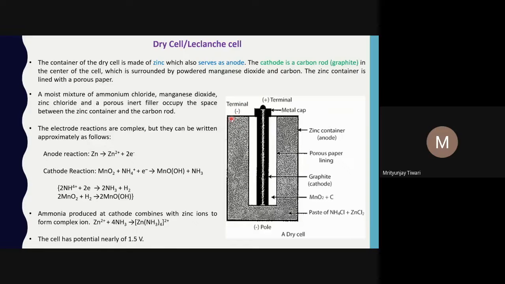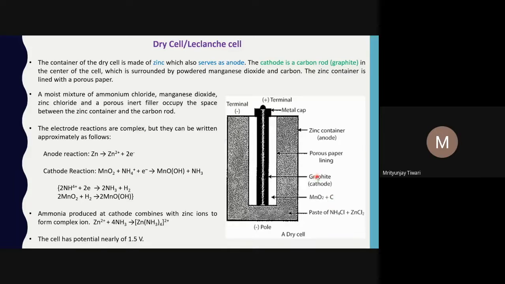It will have negative polarity because at the anode oxidation will take place, and so ion will move into the electrolyte solution. The electron will be there at that anode, so the anode will acquire negative charge, so negative polarity it will have, and the cathode will have similarly the positive polarity.